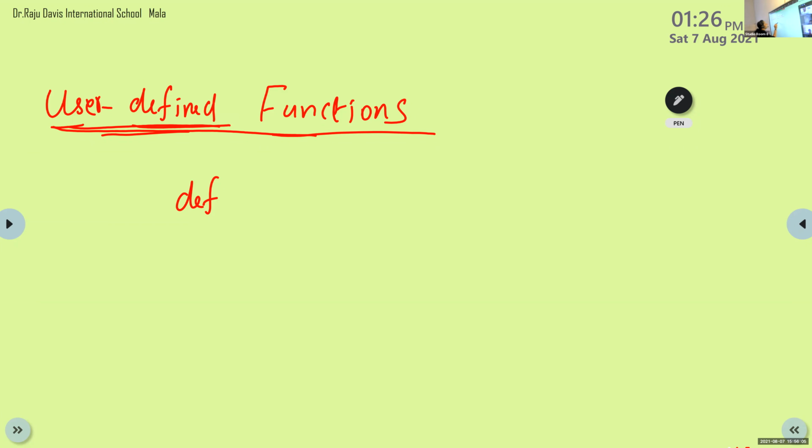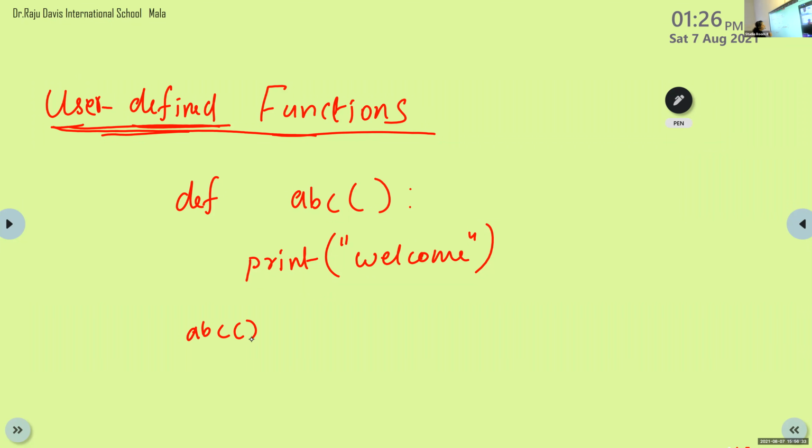Then I will write one name, sum. Another one, ABC. So this is a program based on user defined function.